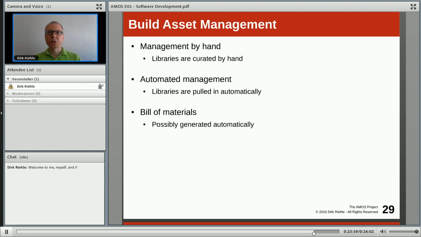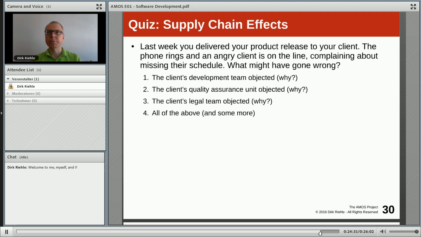Today, you actually still need to maintain the list of libraries you're using by hand. You have a spreadsheet for that in the planning documents. Ideally, in the future, this is also automatically generated, because the build system actually knows what libraries you're pulling in, as otherwise it wouldn't be able to build. So you specify in there what you're using, and that should actually be used to create the final bill of materials as you might deliver it to a customer.